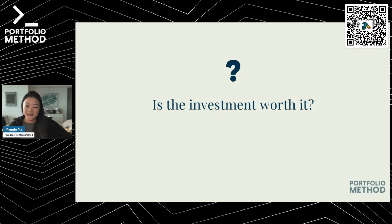Is the investment worth it? And this is a very, very real question. Your portfolio is the piece. I hope I have convinced you with my own personal story and others I've seen sitting on the hiring side of the table